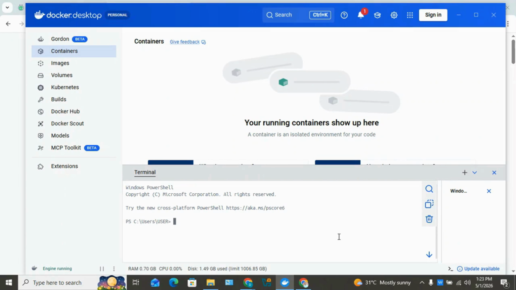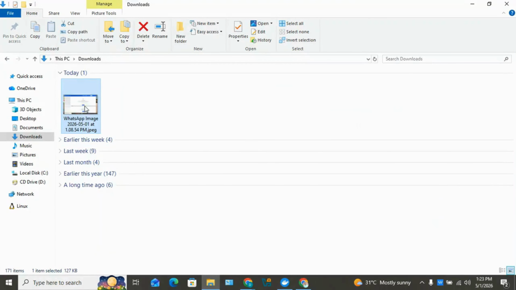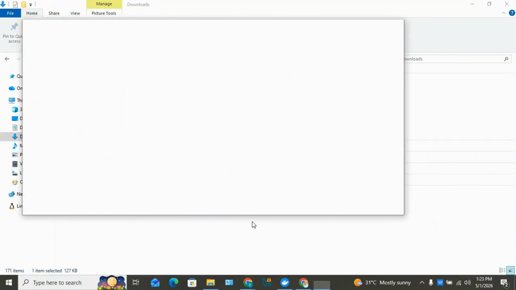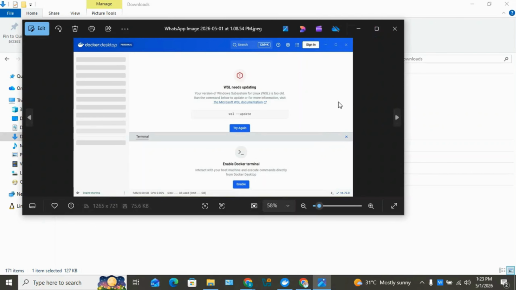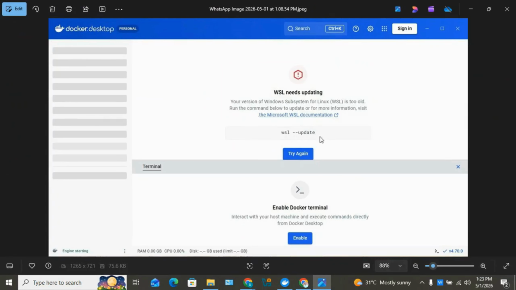Alright, as a disclaimer, I wish to share a particular issue, just in case you encounter this problem after installing Docker on your local machine: WSL needs updating. Some students of mine have been complaining about this error after installation. When you encounter this problem, what you will simply do is copy this WSL update command here,